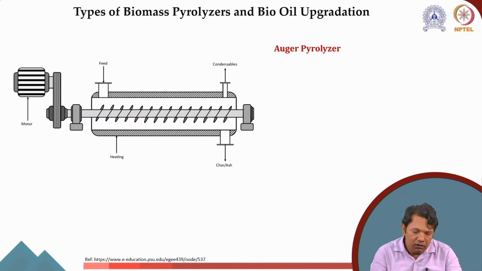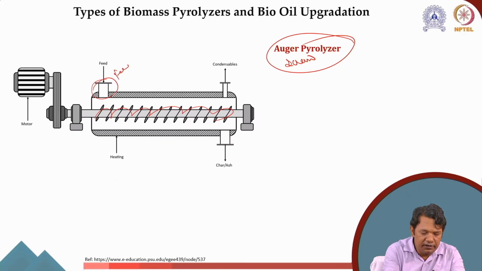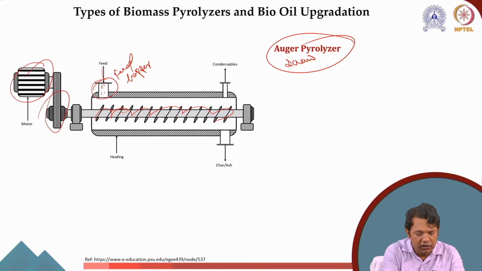The other kind of pyrolyzer is the auger pyrolyzer, which we also call a screw kind of pyrolyzer. You can see this is a screw, and this is a feed hopper. The biomass is fed from here. The screw moves with the help of this motor. This motor is connected to a variable speed drive which rotates this screw, and when biomass falls down, it moves here. It can have one zone with similar heating throughout, or different heating zones, let's say zone 1, zone 2, zone 3.